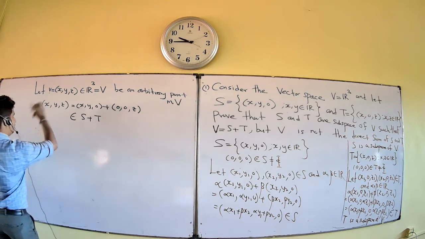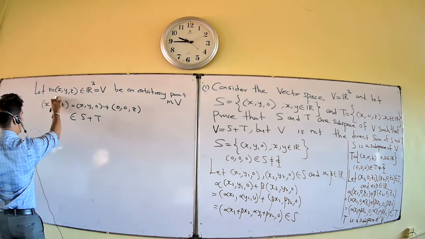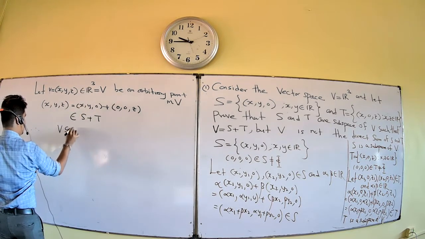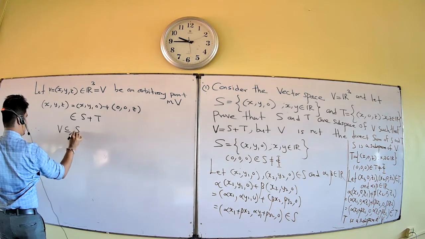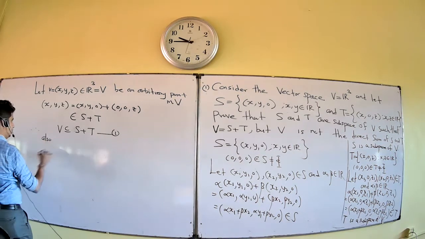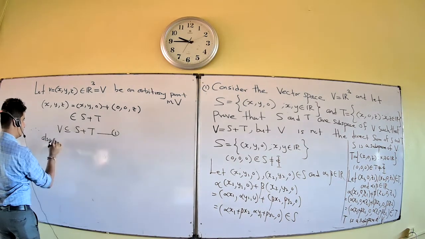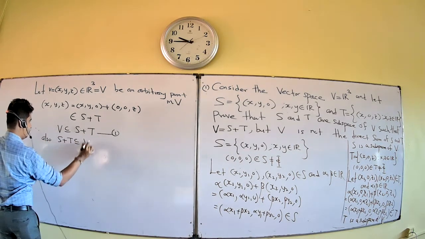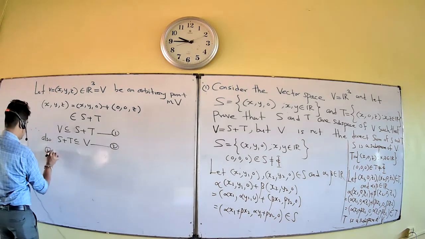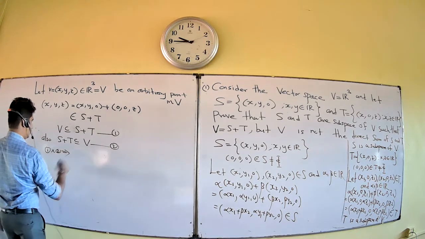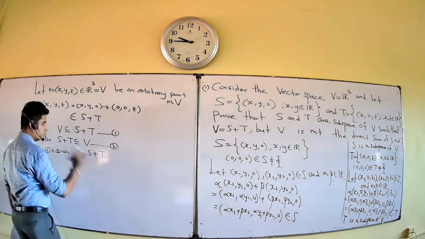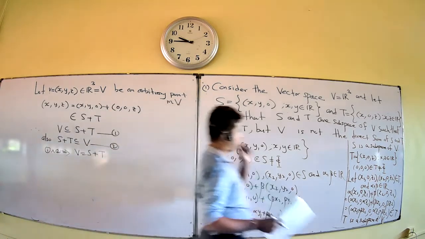So first you take an arbitrary element from the set B. Now we have proved that this element belongs to S plus T. Therefore, B is a subset of S plus T. Also, we already discussed that S plus T is obviously a subset of B. Therefore, conditions 1 and 2 imply B equals S plus T. We have now proved the second claim.